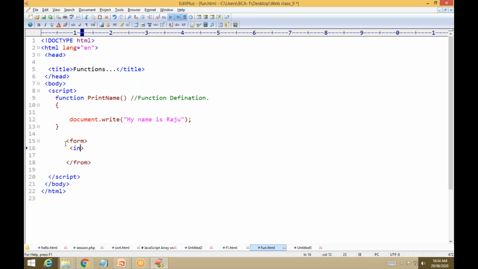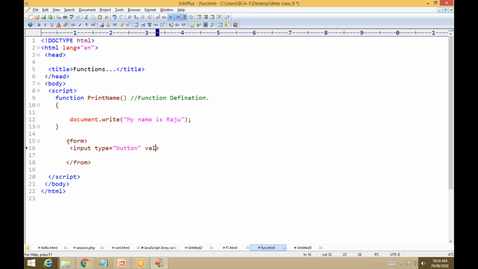Input is a tag that creates any type of form control. I need a button, type equal to, within double quotes, button. The type equal to button creates a button.